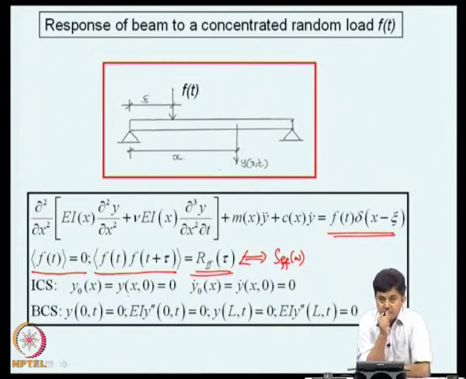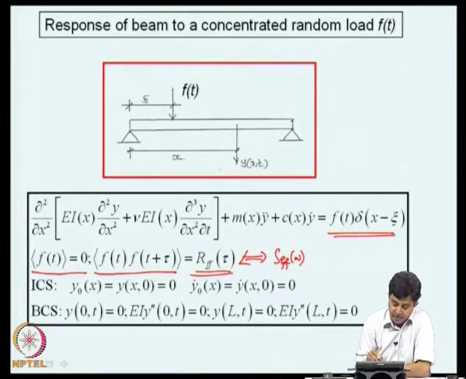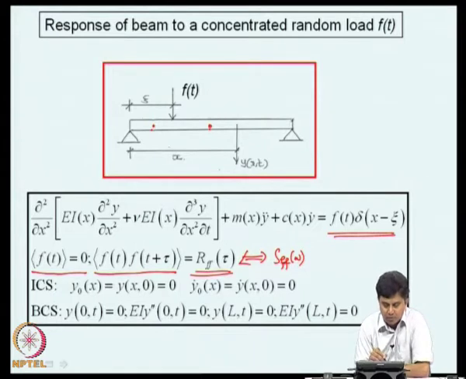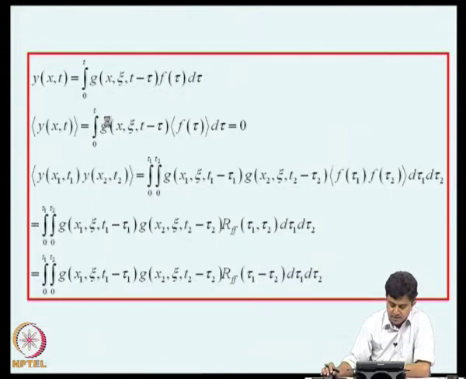So, we are interested in finding out mean response, autocovariance of the response, and the cross covariance of the response at different points. Here I have y1, here y2, what is the covariance between the two? What is the power spectral density function of y of x comma t? What is the cross power spectral density function between response here and response here? So, such questions can be posed, and we need to find answers to these questions, and we need to formulate the problem in time domain and frequency domain. So, we will see how; I will show a few of these formulations.